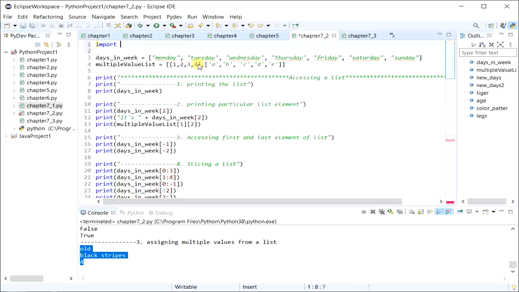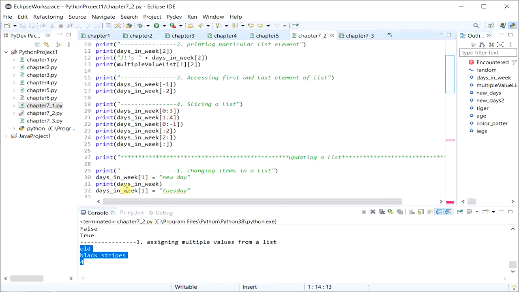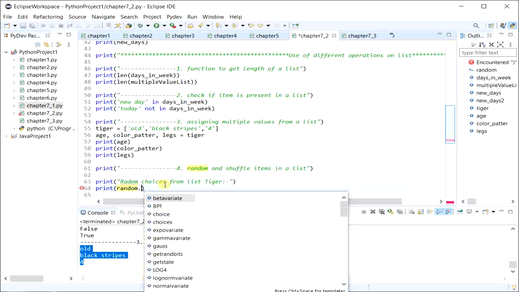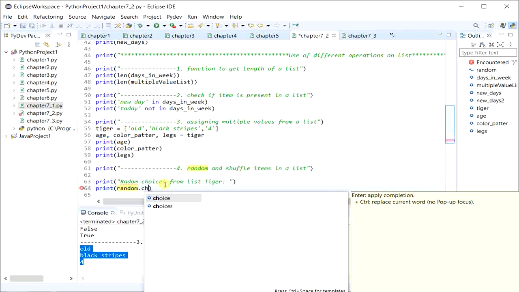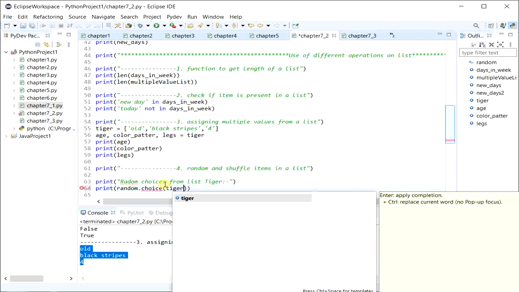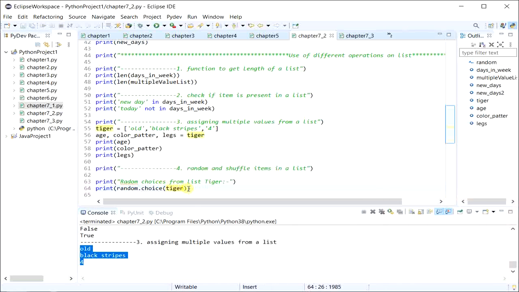I will import random, and here I will use the function of this random module. It has a function called choice, and I will simply provide the list as the input. So this will randomly pluck out an item from the list which I have given and simply print it.